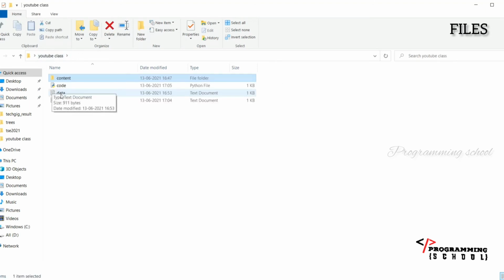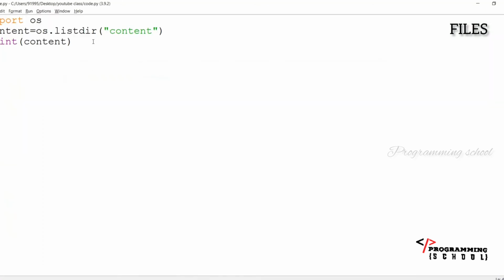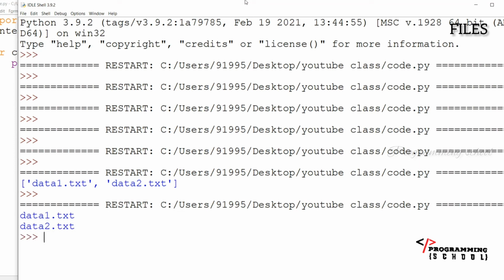Okay, now I am going to delete these two files here. Now I'm going to read all the content and display what is inside it. For example, now I'm going to write a loop on content. For content in content, I am going to print what is inside it. Just simply it is going to print the first file name and the second file name.